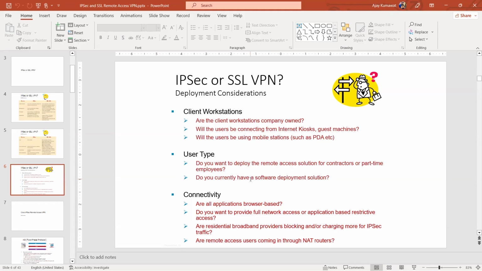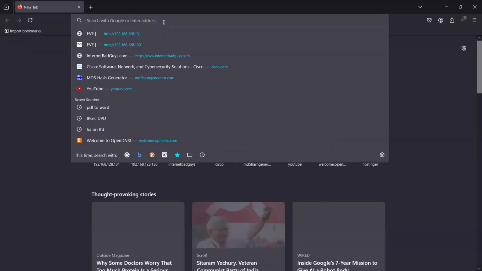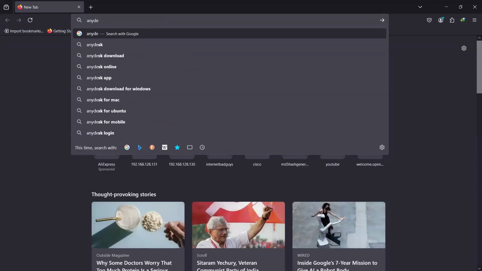Depending on which operating system you are accessing from, it will say, this is your application, download it. Sometimes when you try to download an application, it automatically detects your operating system and says, this is your download. For example, if I right now go and try AnyDesk,